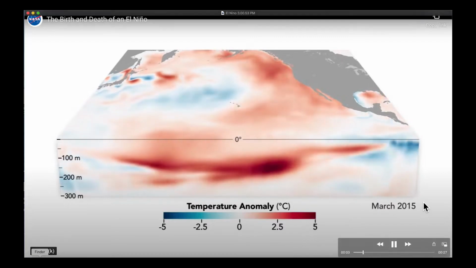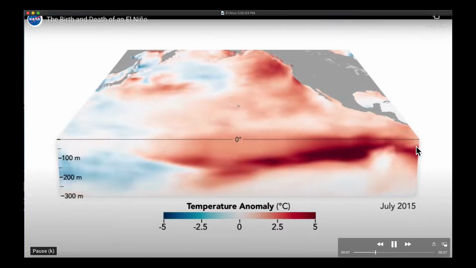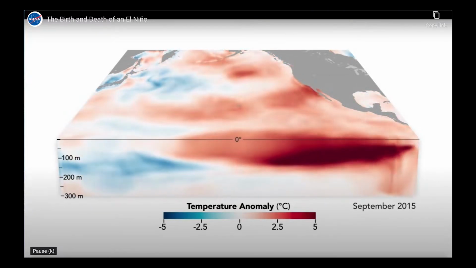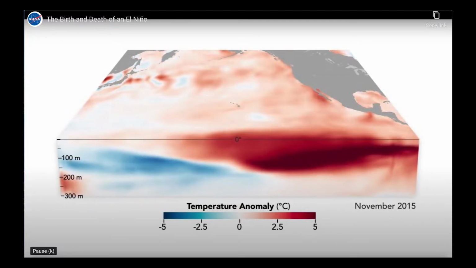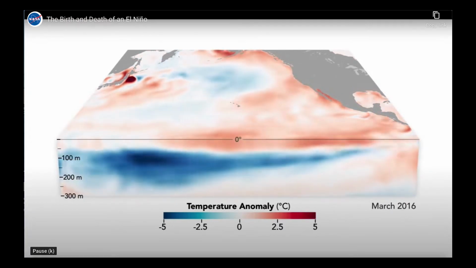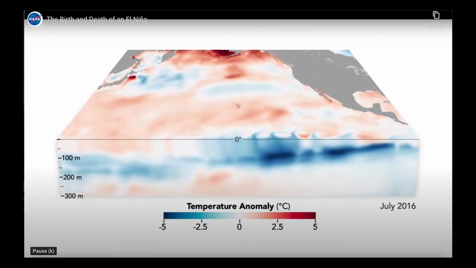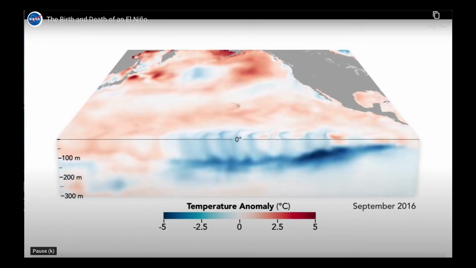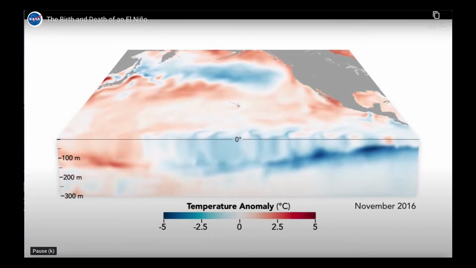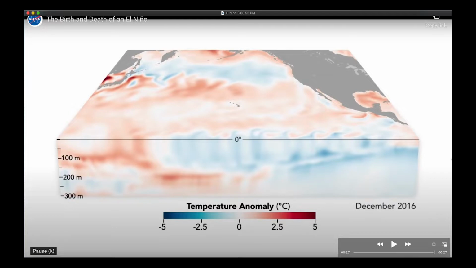Here we have the warm water approaching South America. It's pooling, cutting off upwelling, which cuts off the nutrients off the coast of South America, shutting down the herring fishery. Seals and seabirds disappear. Now the upwelling has begun in earnest. Lots of nutrients coming to the surface in this cold water, and the herring come back, the seabirds come back, the seals come back, and the fishermen come back. We'll get back to this again when we get to ocean circulation next week.